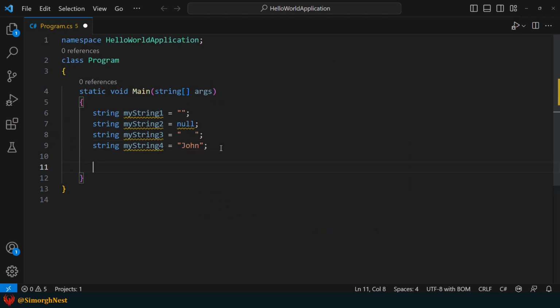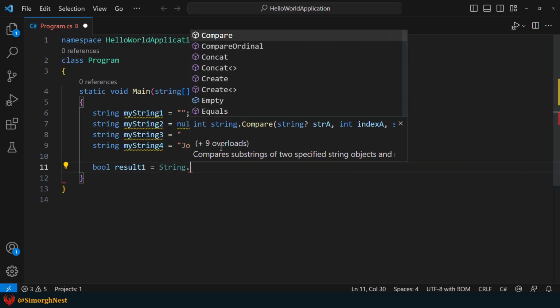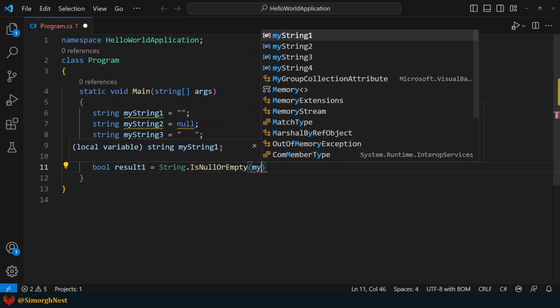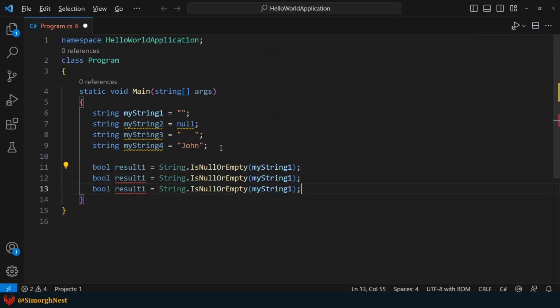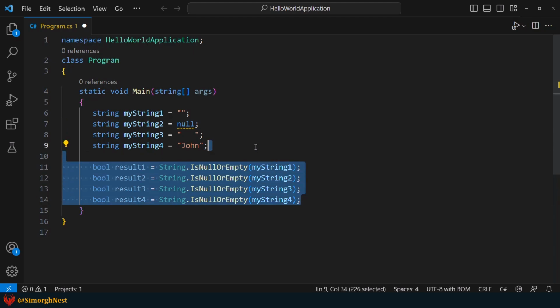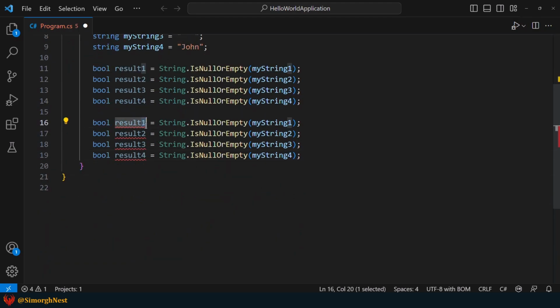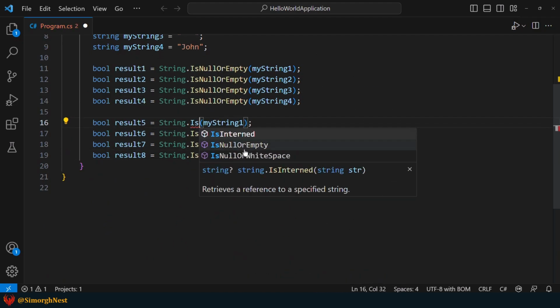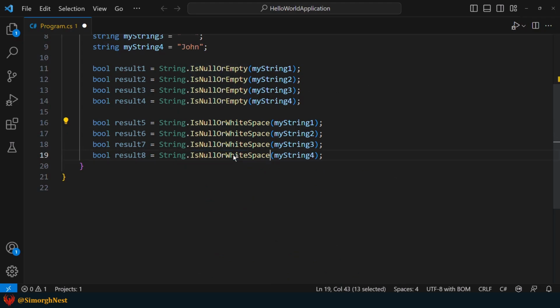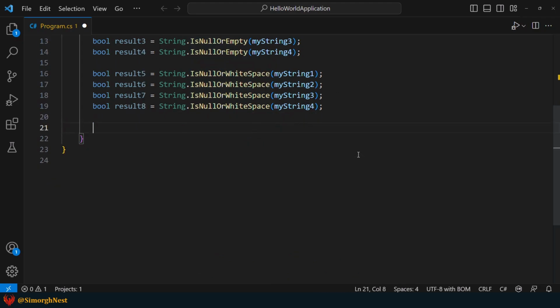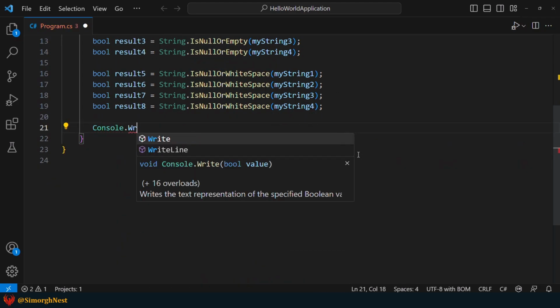Next, let's call IsNullOrWhiteSpace and IsNullOrEmpty methods on each of these strings. Then, let's display the results in the terminal.